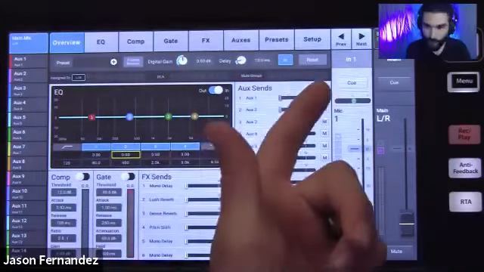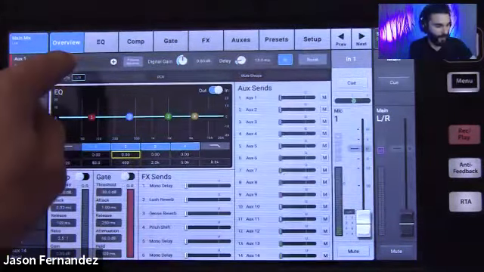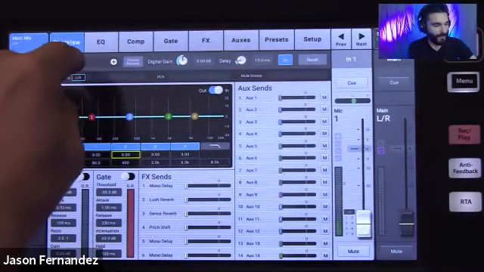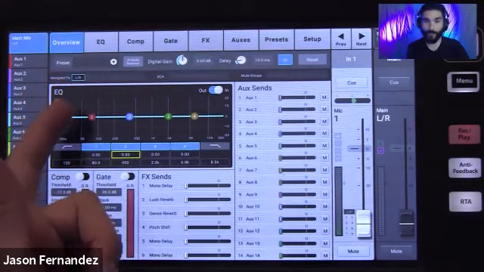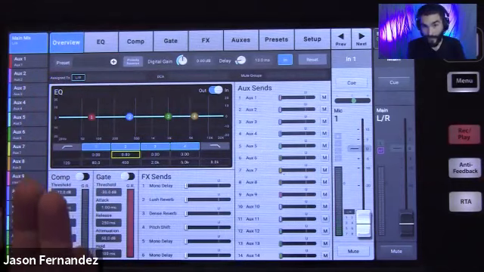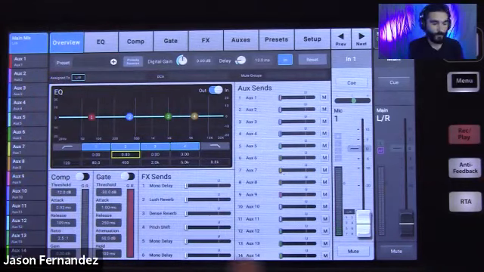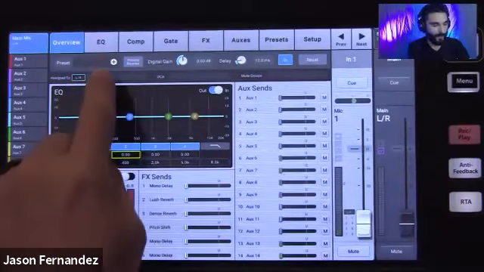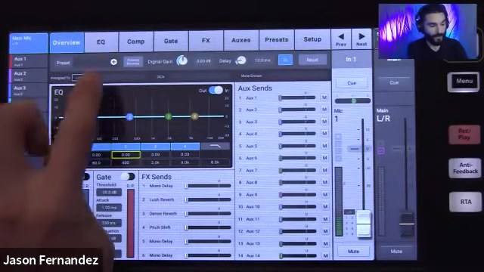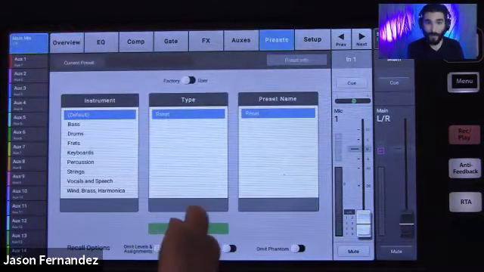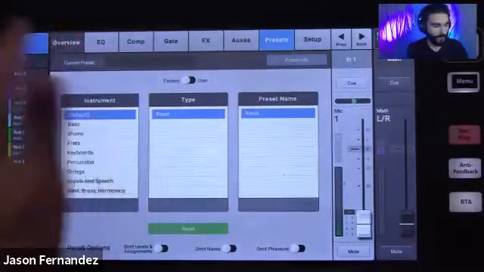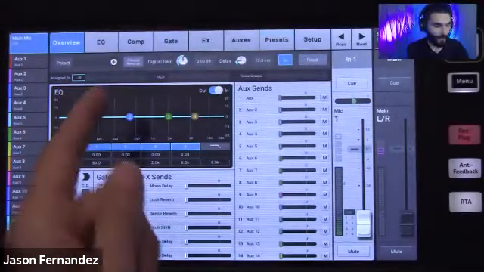This little bar up at the top here, real quick, I'll talk about. On the left-hand side of it here is the preset field. That is simply going to tell you what preset might be recalled in the channel at any given time. It's information that might be useful to know, and so we've included that here. The little plus symbol button here will also navigate you directly into your presets tab. But we're going to come back into this in a minute. But you do have the option of navigating that way.